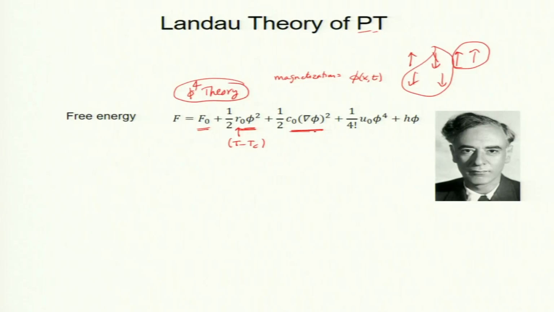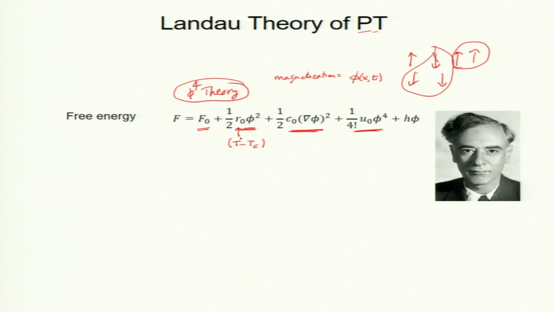So, there is a gradient of fluctuation which also matters, C_0 (grad phi)^2, okay, a very important term, it is a potential energy, kinetic-time kind of term. Now, this is the interaction. I did not tell you the derivation, but the coupling between spins is captured by this U_0 phi^4 term. Okay. So, this is an important term which is responsible for phase transition; without that we will not have phase transition. Okay, it is going to come in a minute.